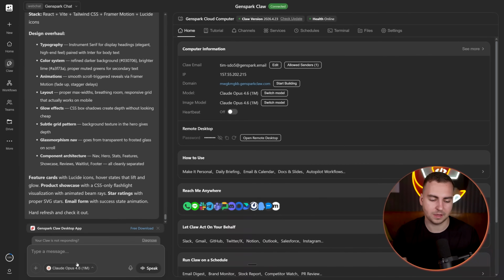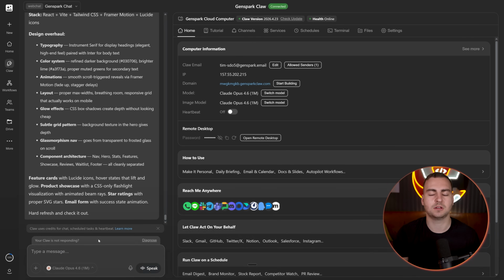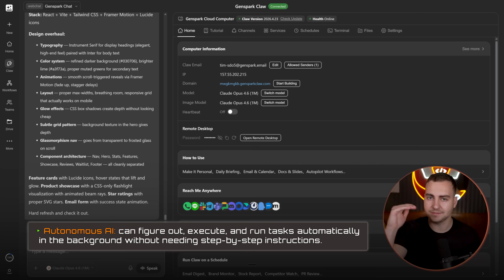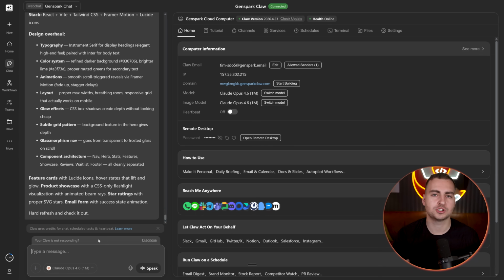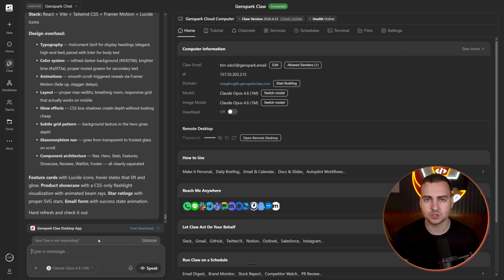I'm not going to go through everything, but the point is that this is a lot more autonomous, meaning you don't need to give it step-by-step instructions. You just tell it, hey, I want this thing done, and it figures out how to do that, and it will run automatically in the background. So what I'm going to do is just give this a high-level task right now, and I'm going to say, hey, I want to create like a new landing page or something, and we'll just have it code it, deploy it, all of that. Let me put in a prompt and I'll show you what I mean.